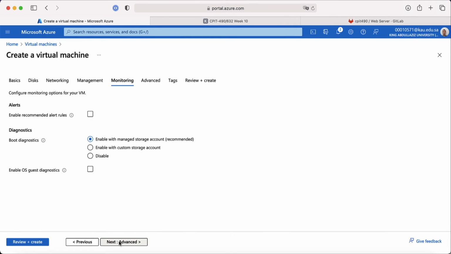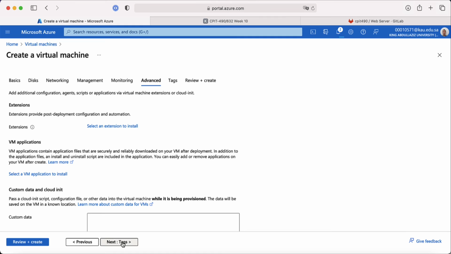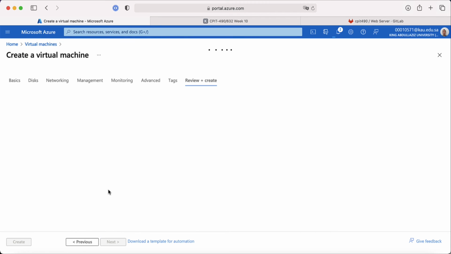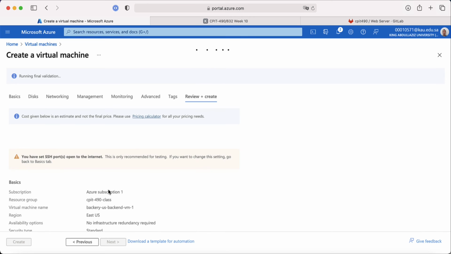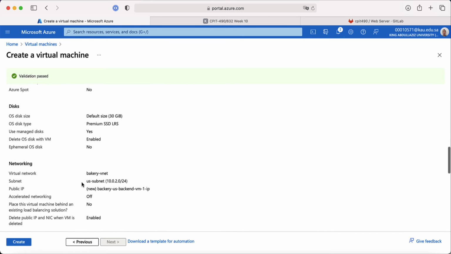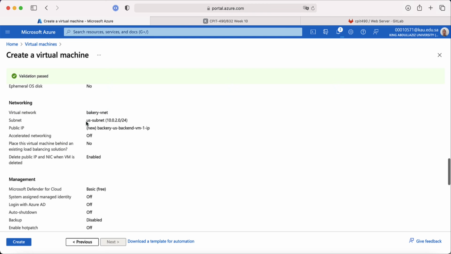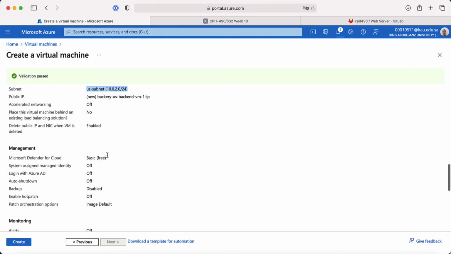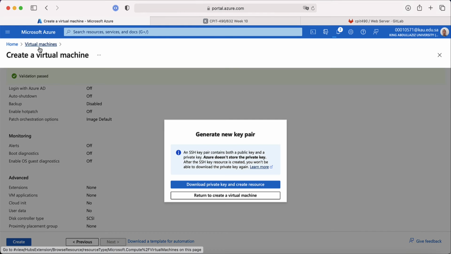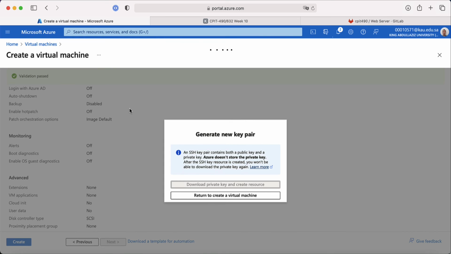Next management, next monitoring, disable the boot diagnostics, and next, and then the tag name, and I'm going to give it the same name, and then review and create. Okay, make sure it's East US, review everything, East US, and then the networking, VNet and US subnet. So that's correct. Create, and then download your key pair,